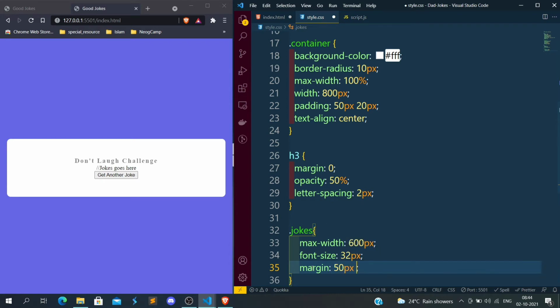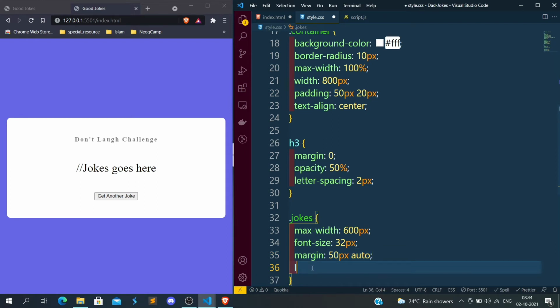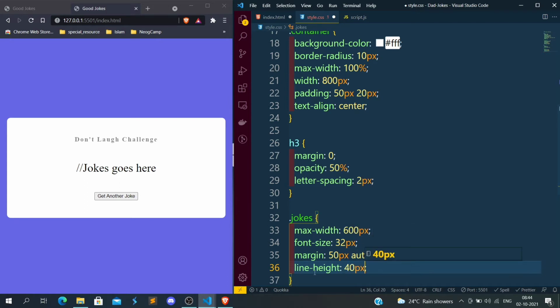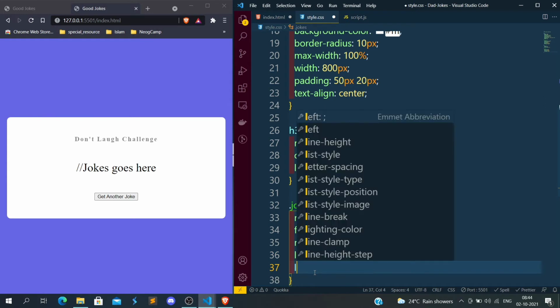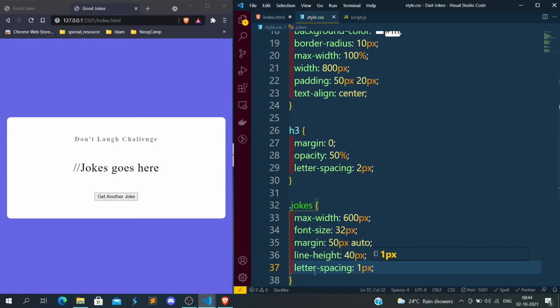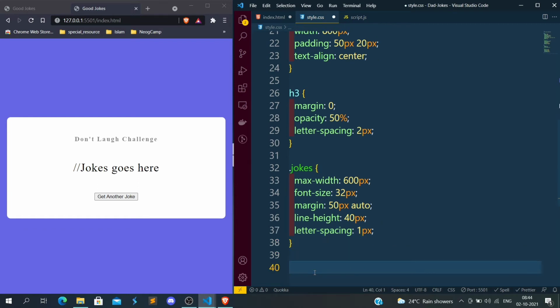Let's give 50 pixel and auto so that it is showing in the middle. Let's give some line height to 40 pixel. Let's give the letter spacing also 1 pixel. So that's all we need for the content.